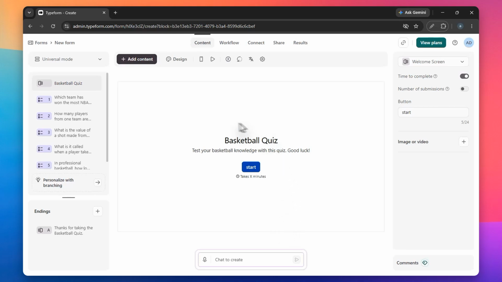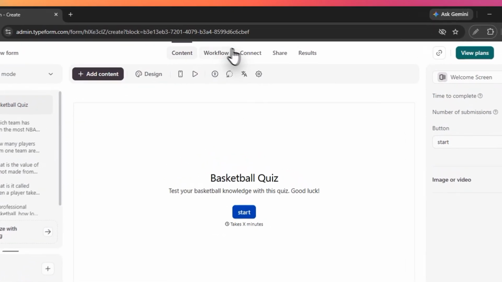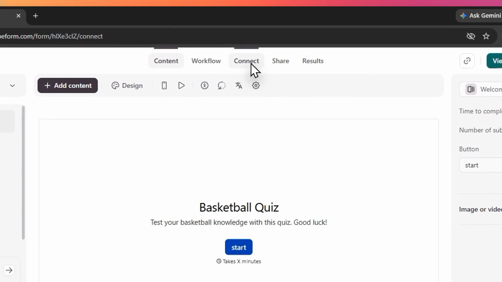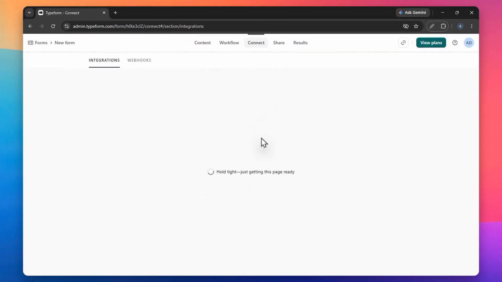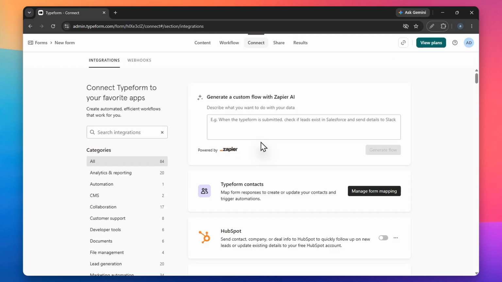editor. Once you have your form pulled up, look at the top menu and navigate over to the Connect tab. This section is where all the magic happens for integrations. Scroll down through the list of available apps until you find Slack, and then simply click the Connect button to